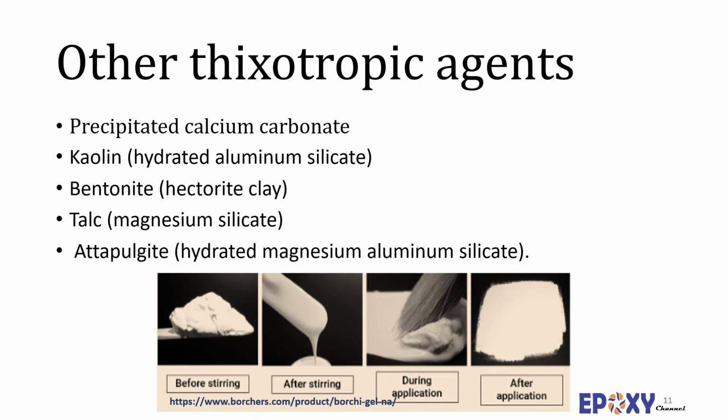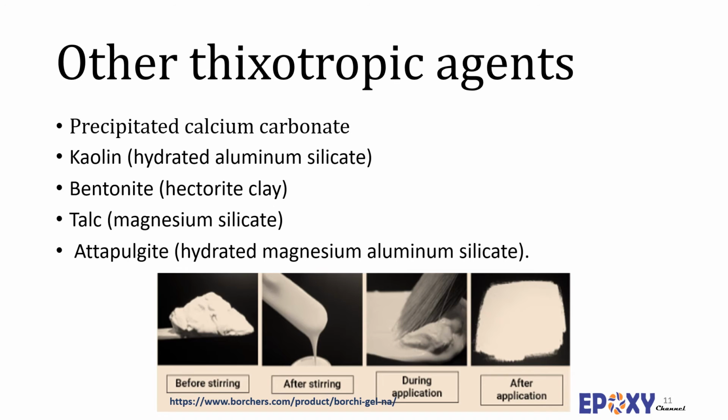In hydrophobic systems, precipitated calcium carbonates are generally surface treated to render them hydrophobic to improve their dispersibility. Conventional surface treatment of CaCO3 is with fatty acid, whereas types of fatty acid yield subtle differences in filler wettability and polymer compatibility. Other mineral additives, which are considered to be very cost-effective rheological additives, include kaolin, hydrated aluminum silicate,